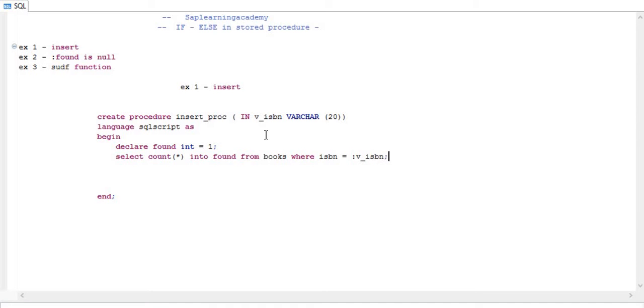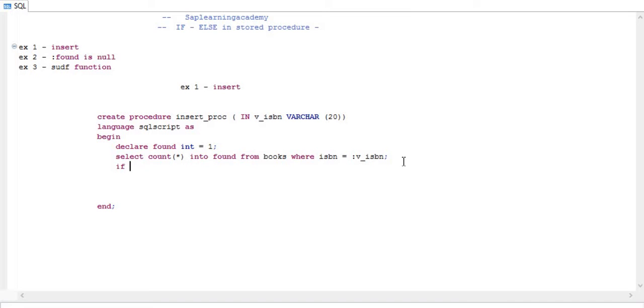So what does it mean? I'm taking this input variable, and based on it we will check the data from this table. So what is the count value, and now we will write the main logic here.